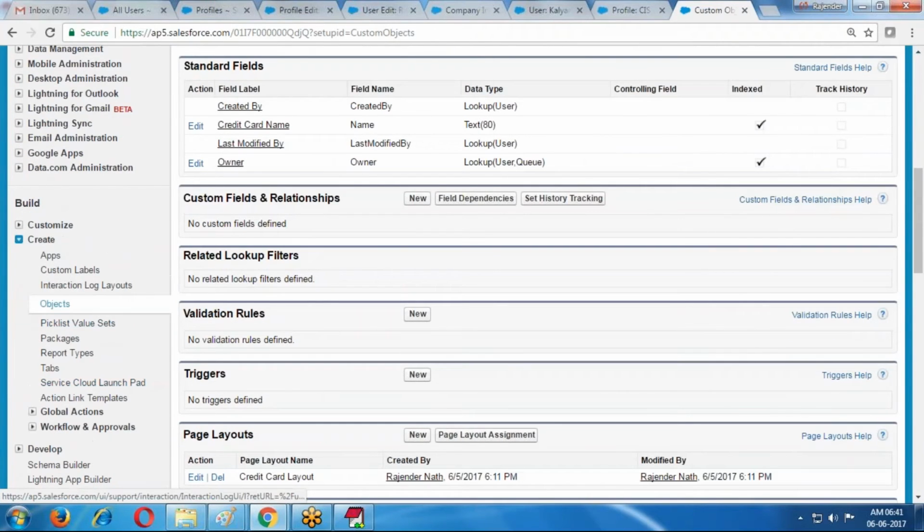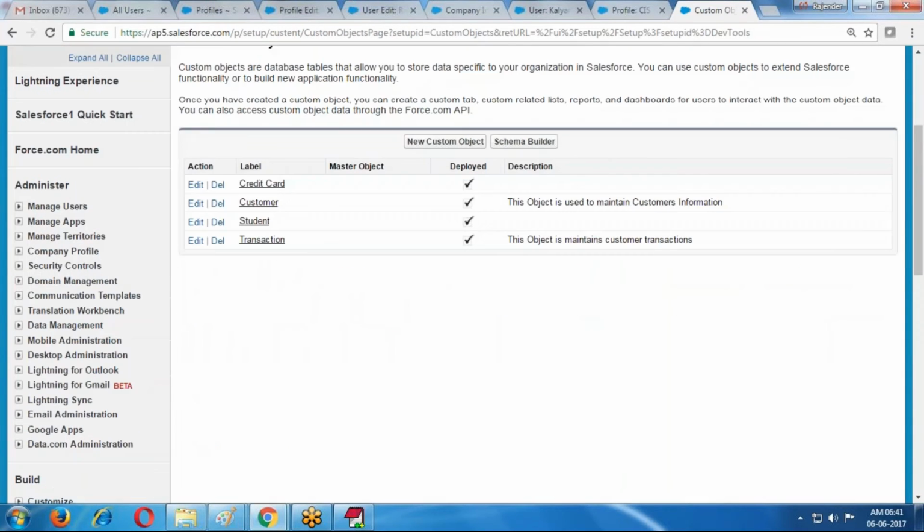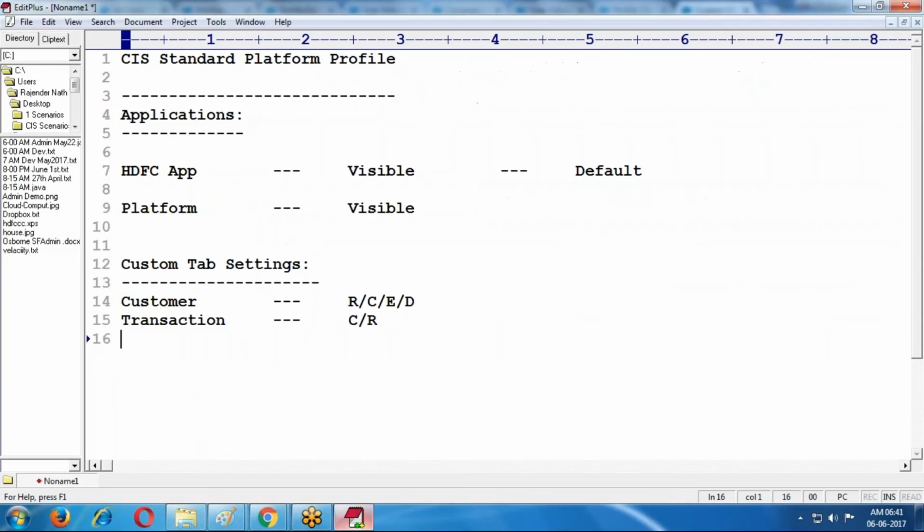If I open the objects, credit card is also there.